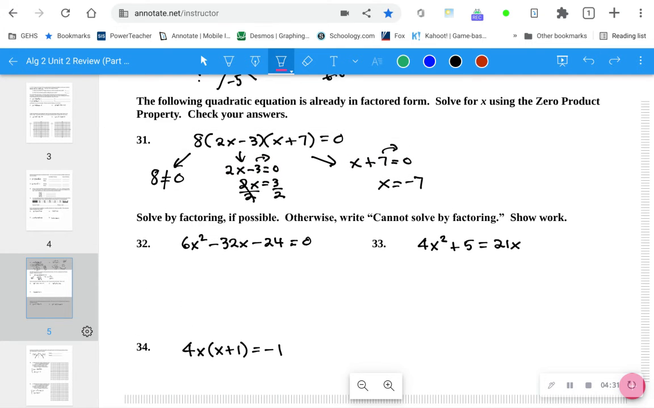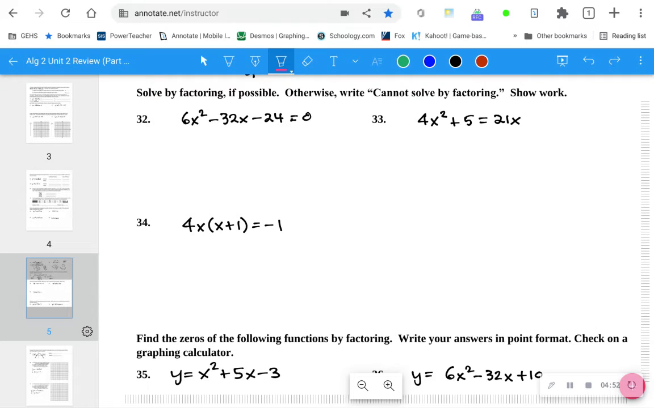Now you can check this answer, by the way, by simply storing the values, negative 7 and 3/2, one at a time. So for instance, 3/2 stored as x, and then if you type all this, it should equal 0. That's how you can check these. All right,